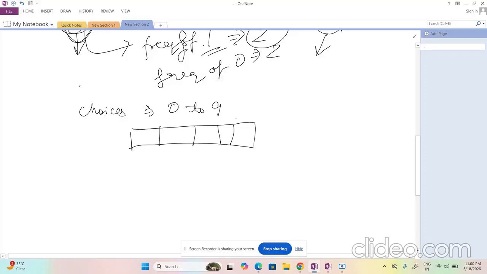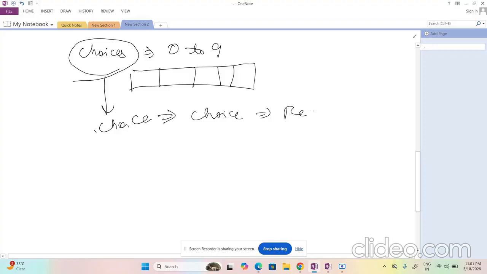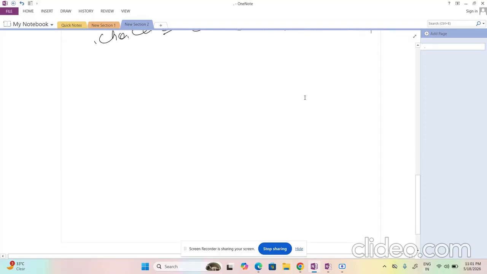Okay, so I hope whenever this word choices comes into the picture, right? And one choice you make, and then that creates another choice, right? So something like recursion could come into your mind, that we can think in a recursive direction, right? We can think in that direction. So I'll explain how we are trying to create the recursive tree in this question.